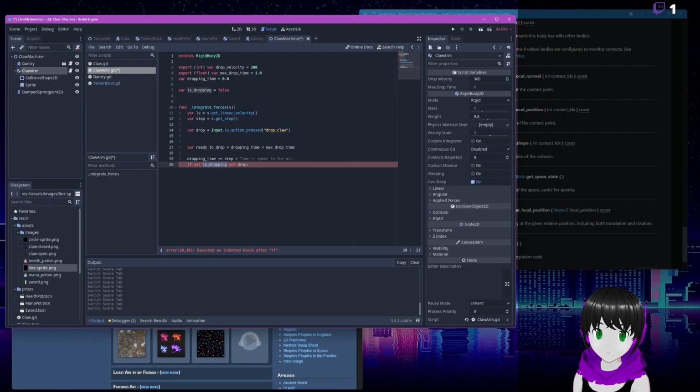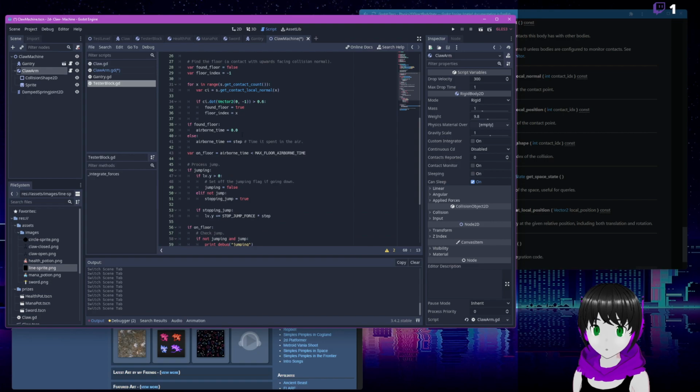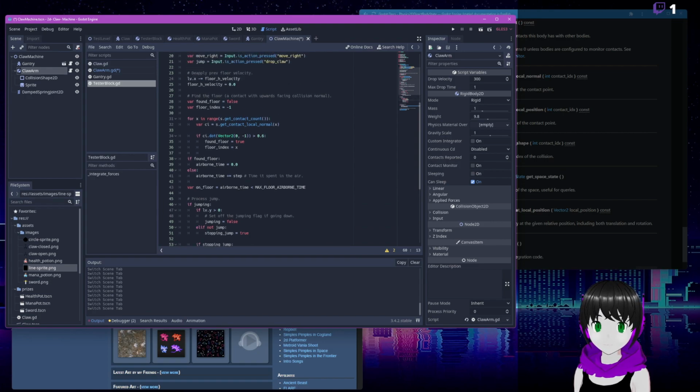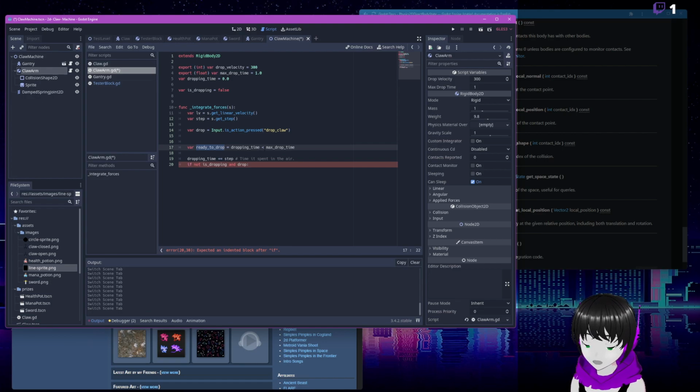If dropping time, which starts at 0, is less than max drop time, and we need to plus equal to step. If not... So if we did that, then that would mean that every time, so the whole time,